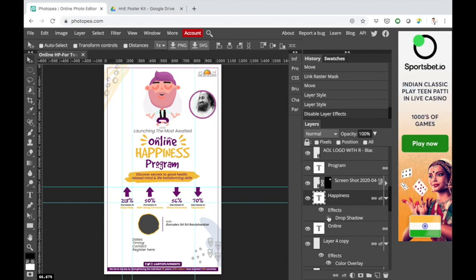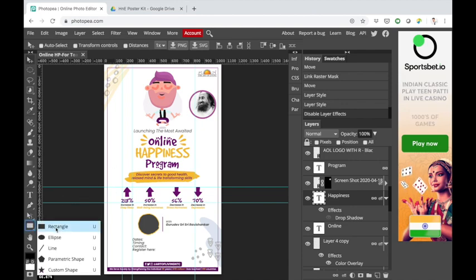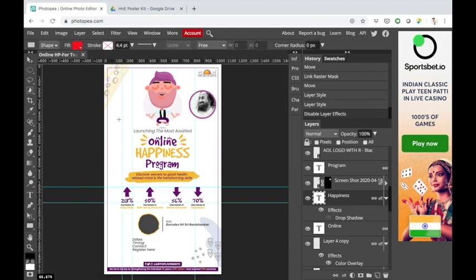Now outer glow is something that you give in a dark poster. Here the poster is actually light, so the outer glow will not be quite visible. But then we can always try something. I'm going to draw a shape.